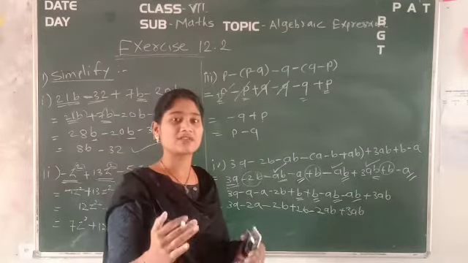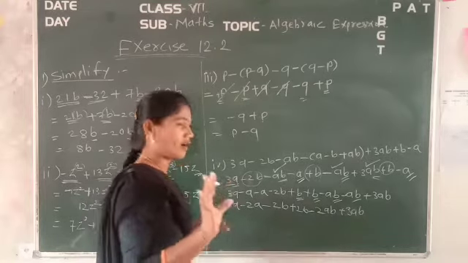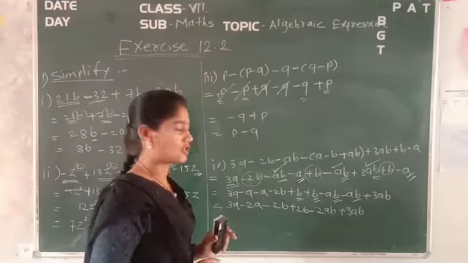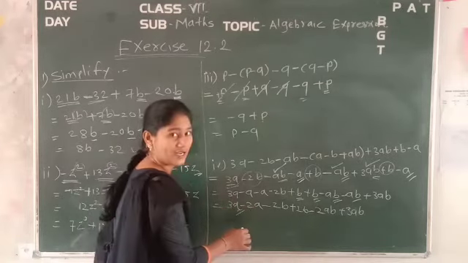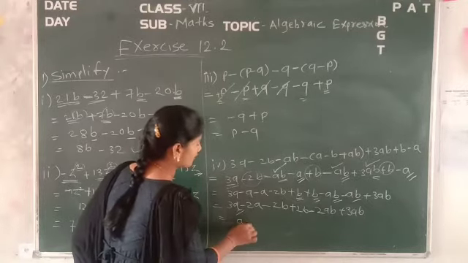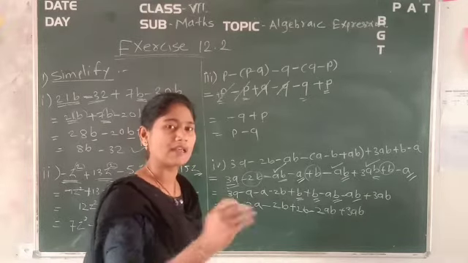Now we are coming to the final stage. Here you have to do the subtraction, or whatever operators you have been given here, you have to do that operation. So here see now, 3a minus 2a, it is 1a only. In place of that you can write down a only. No need to write down 1 in front of the variables. Already there is a 1.